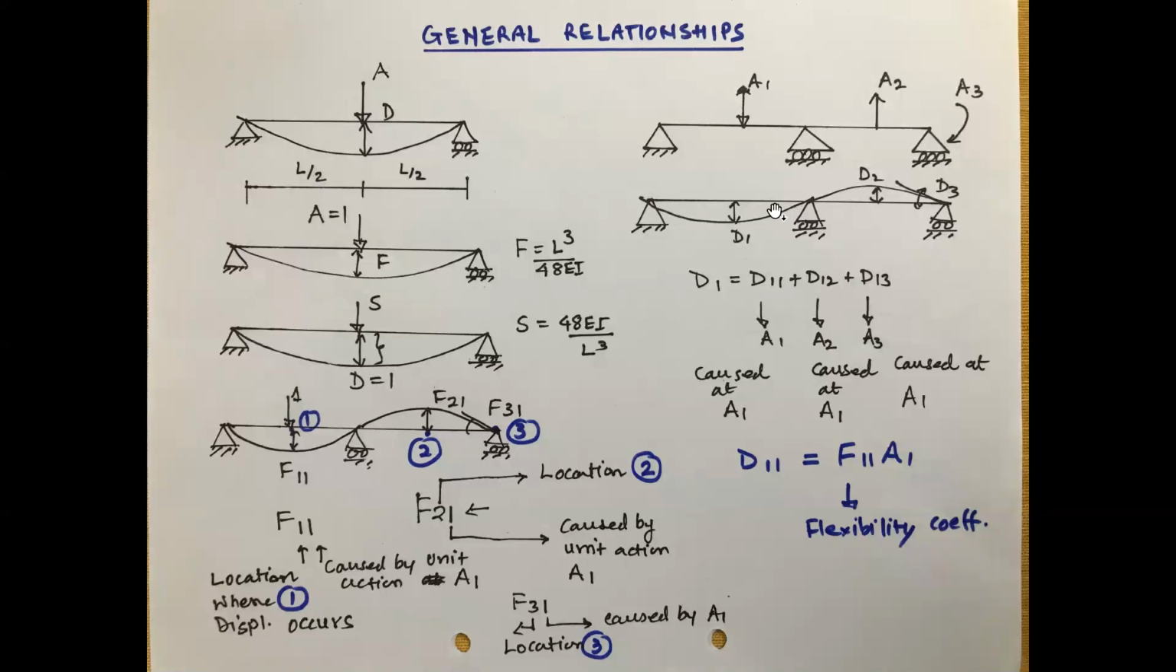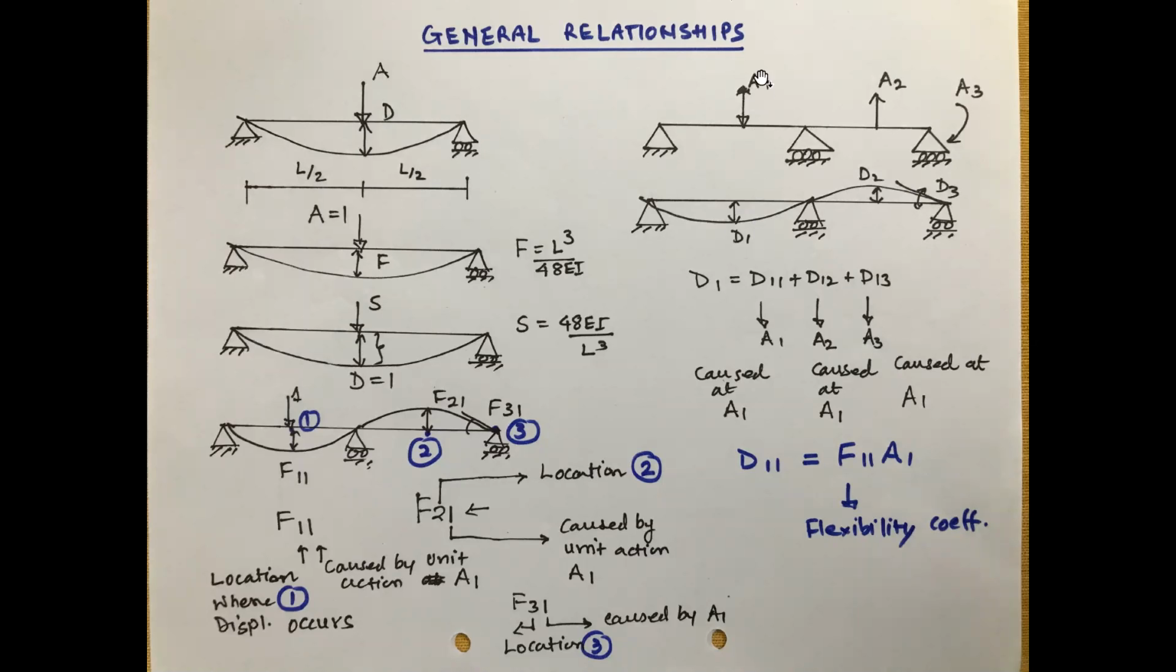So what we are discussing is a continuous beam subjected to several loads. But as I mentioned to you, D1 is not caused alone by A1. It can be because of A2, A3, and D2 cannot be caused only by A2. Of course, it is the corresponding deflection. We can say at that point, the location where the load is applied and where the deflection is,